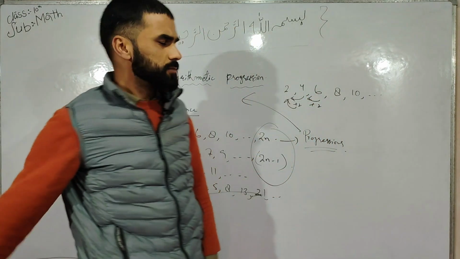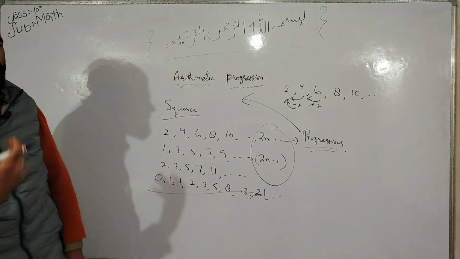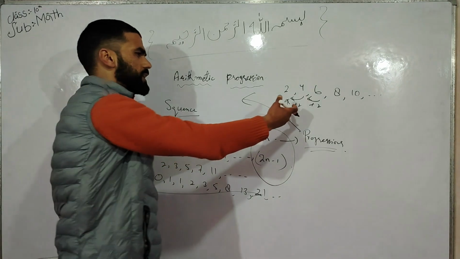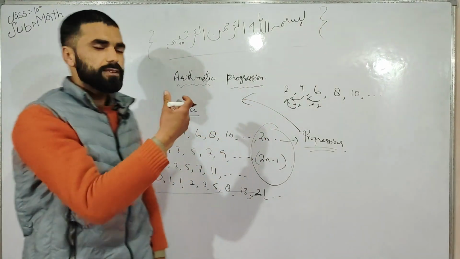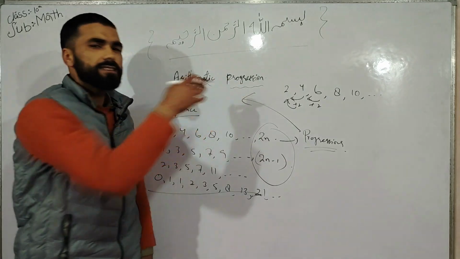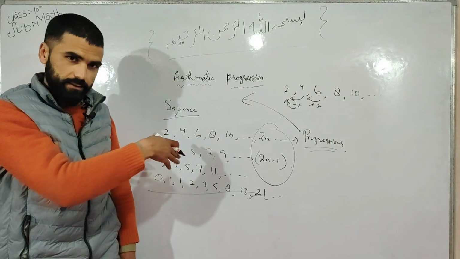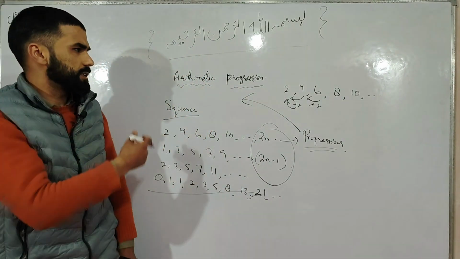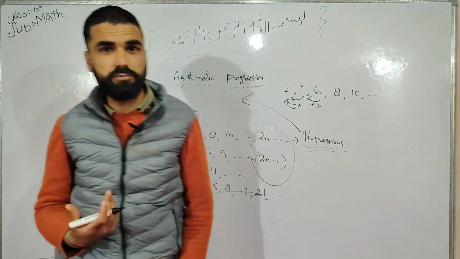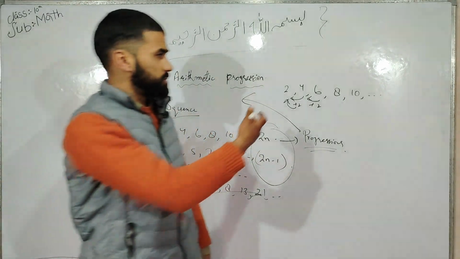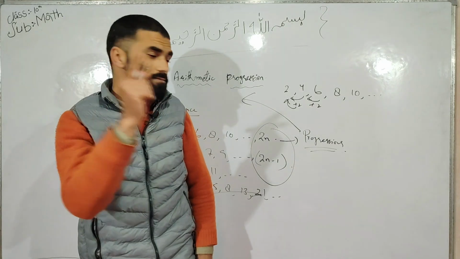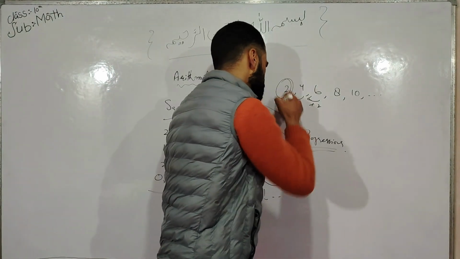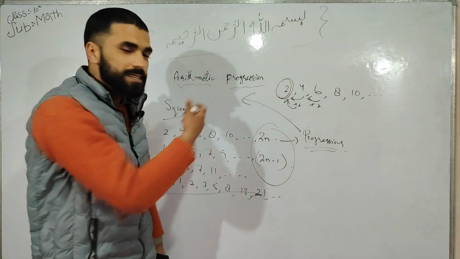So preceding term को आपको 2 ऐड करना है, एक फिक्स्ड नंबर ऐड कर रहा है. यहाँ पे आपने 2 ऐड किया, दूसरी सीक्वेंस में 2 नहीं होगा, वहाँ पे कुछ और होगा. So basically the arithmetic progression is a sequence. It's a progression, so it implies this sequence. But it is that progression in which each term is obtained by adding a fixed number to the preceding term. But except the first term, क्योंकि फर्स्ट टर्म की कोई प्रीसीडिंग टर्म है ही नहीं, तो